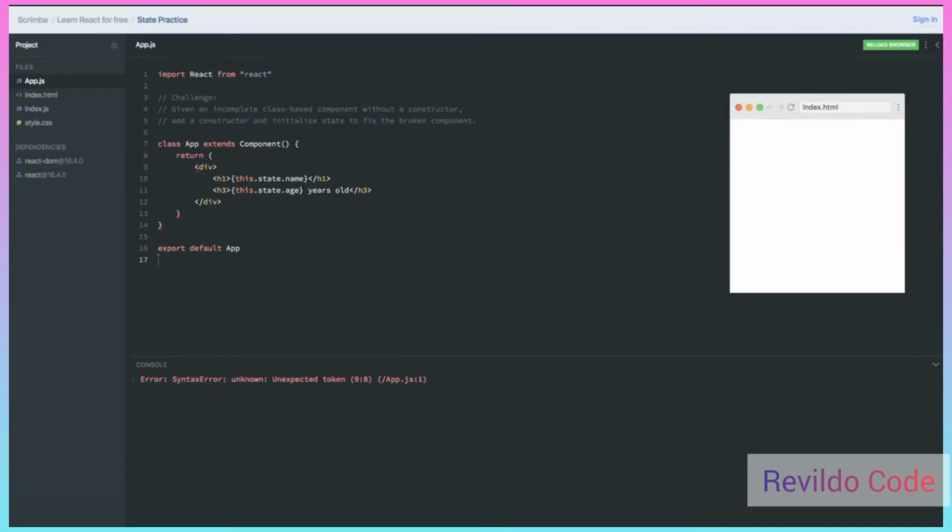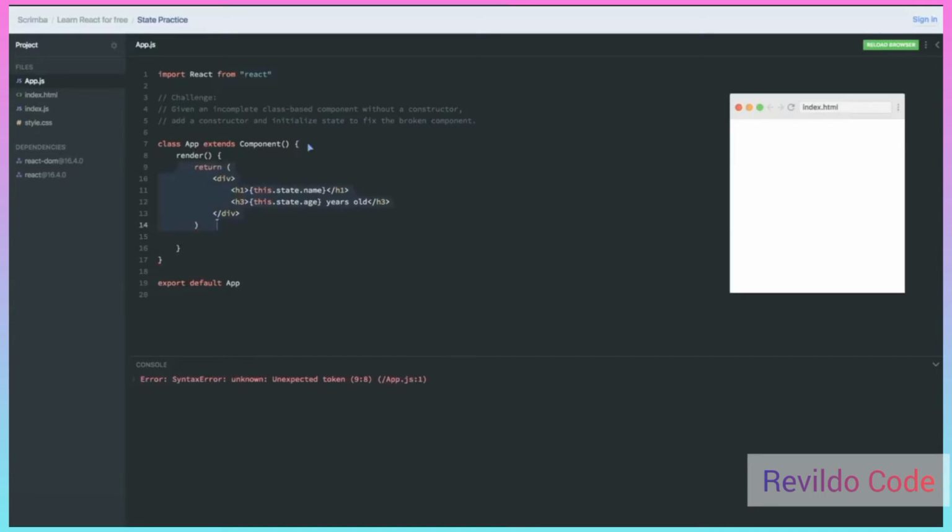Okay, so there's a lot to be done here, and I'm going to start first by adding a method that this return can be inside. It looks kind of like this was a functional component and was changed haphazardly to a class-based component, but incompletely. So the first thing I'm going to do is add a render method that this return